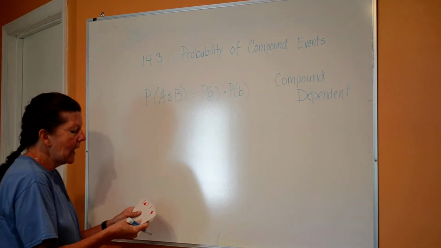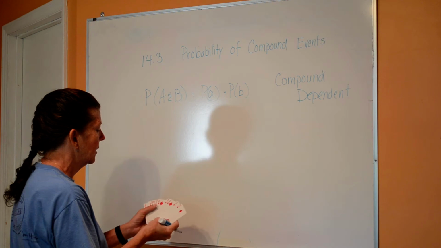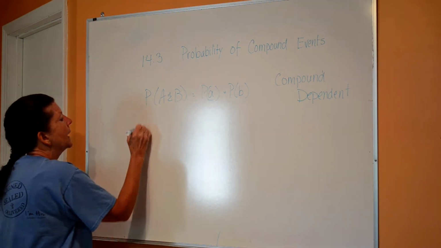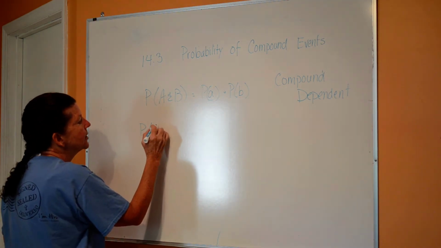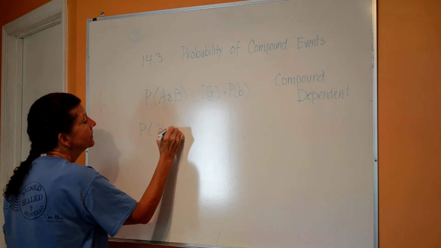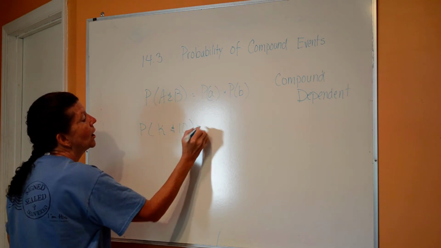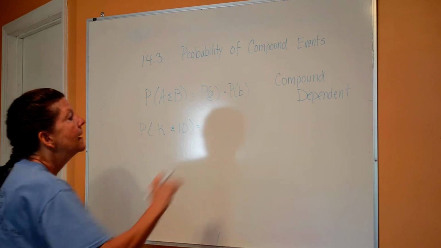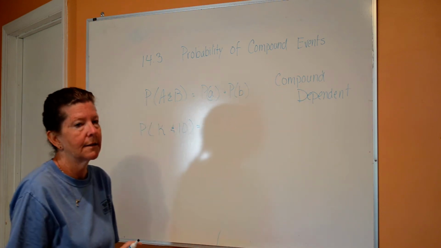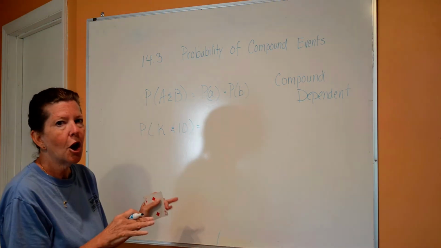So let's say we have all the diamonds from a deck of cards. So there's 13 of them. And I want to know what the probability is that you're going to draw a king and a 10 if you draw twice from the cards. If they are dependent, that means I'm not going to put the card back in the deck. So